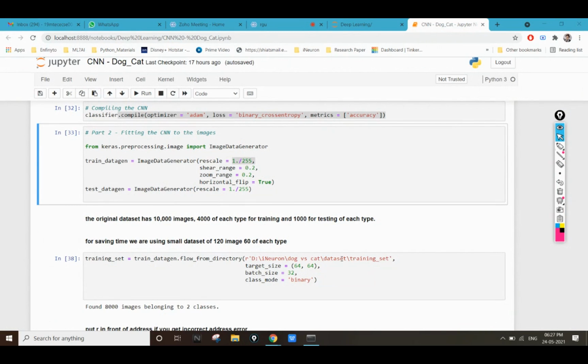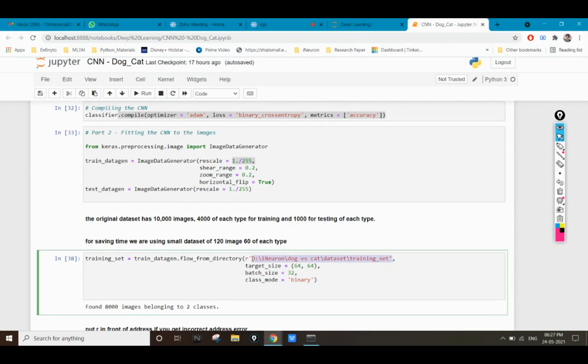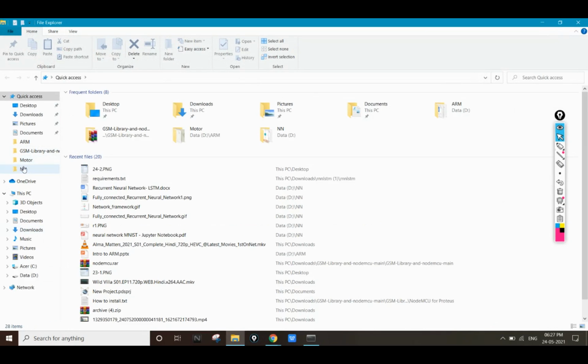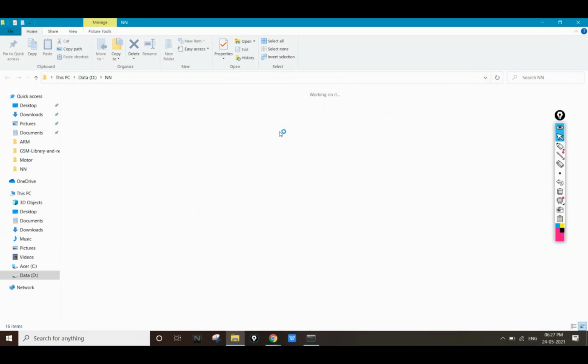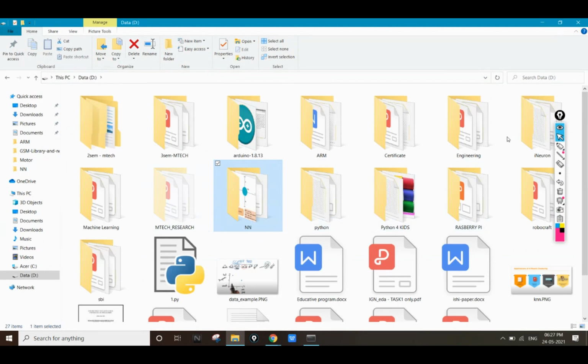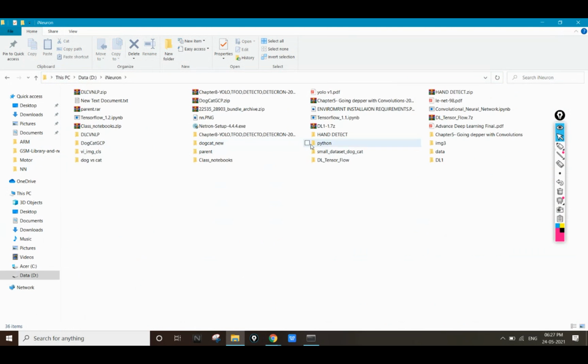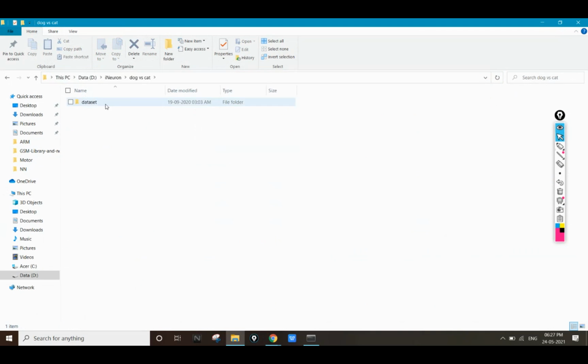Now you can see the address I'm providing here for training and testing. It is not the address of each particular image or any particular class.